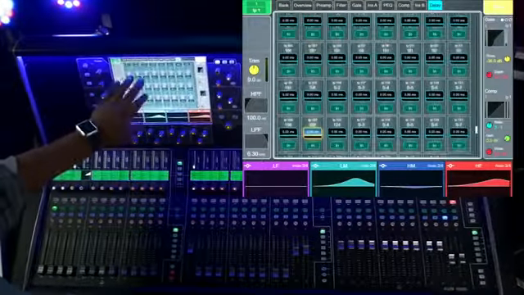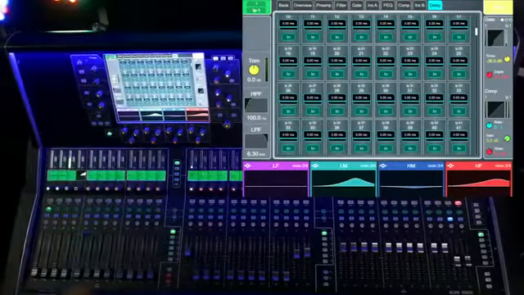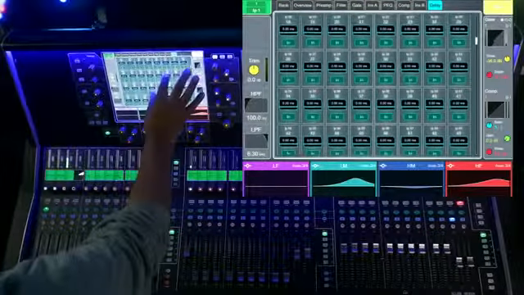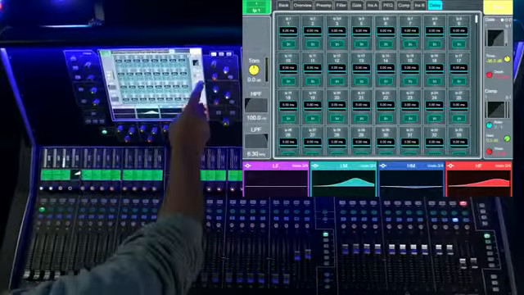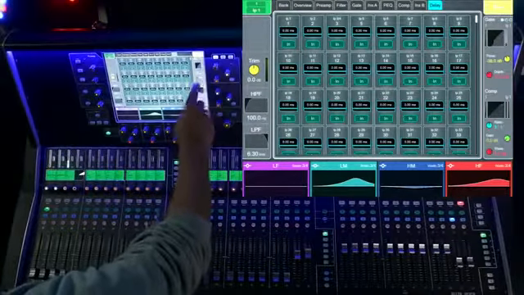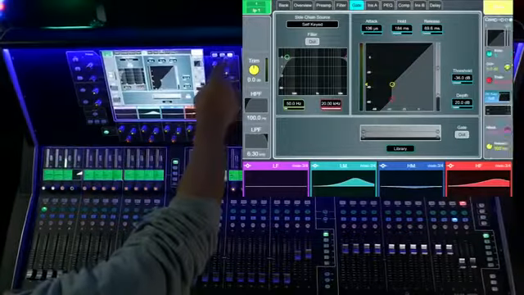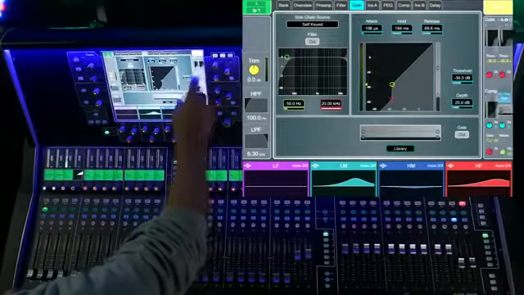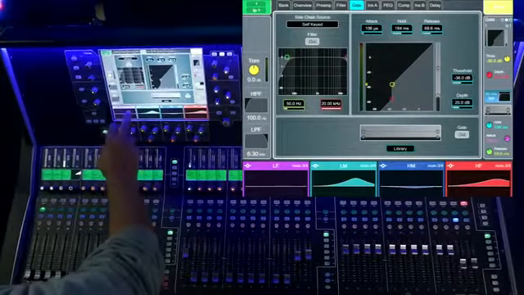Notice I can scroll up and down just like on an iPad, and some of the screens I can actually pinch it and swipe it. The screen has many different functions. The resolution is phenomenal. I can swipe individual panes. I can also customize the screen itself, or I can use the buttons to the right here and select the different sub screens. There's almost an infinite number of variations, and you can quickly get to where you need to go,